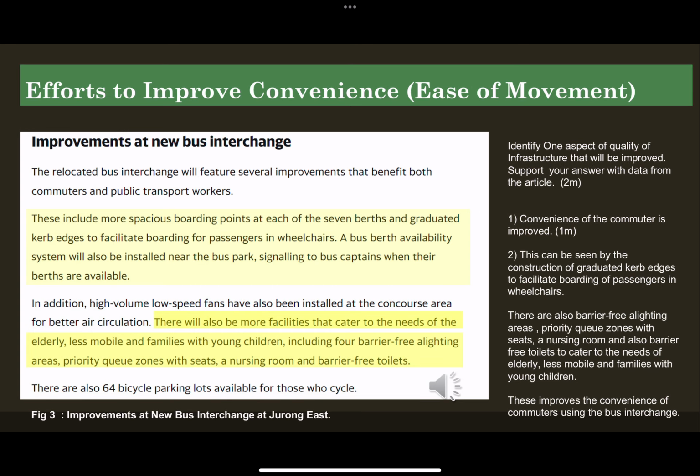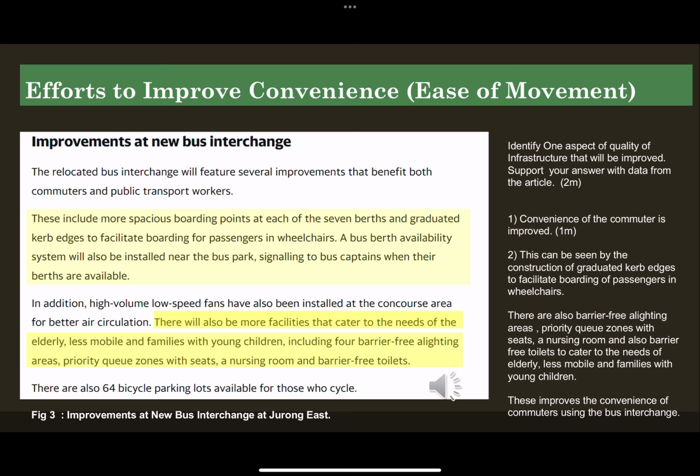Here is another example of efforts to improve convenience, which is the ease of movement of the passengers using the bus interchange. In figure 3, we can read about improvements at the new bus interchange at Jurong East. The highlighted paragraphs show us how these improvements are to be done and how they will improve the ease of movement of passengers who are